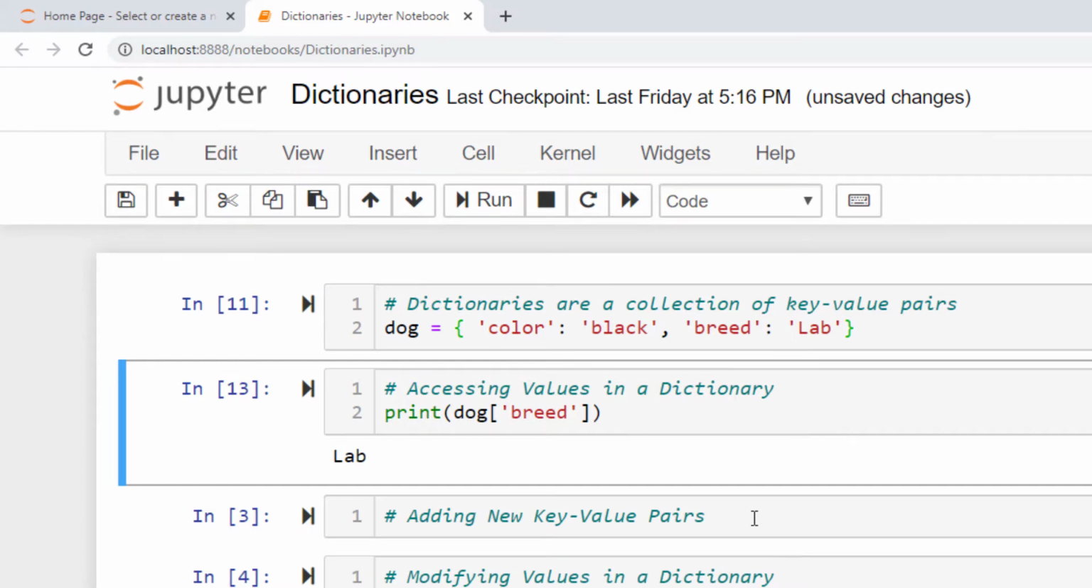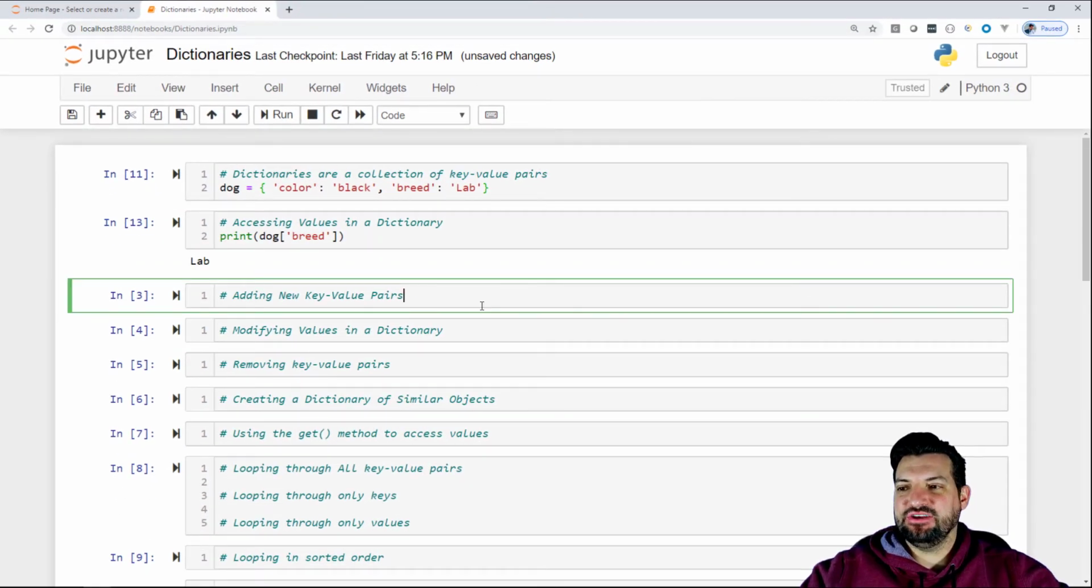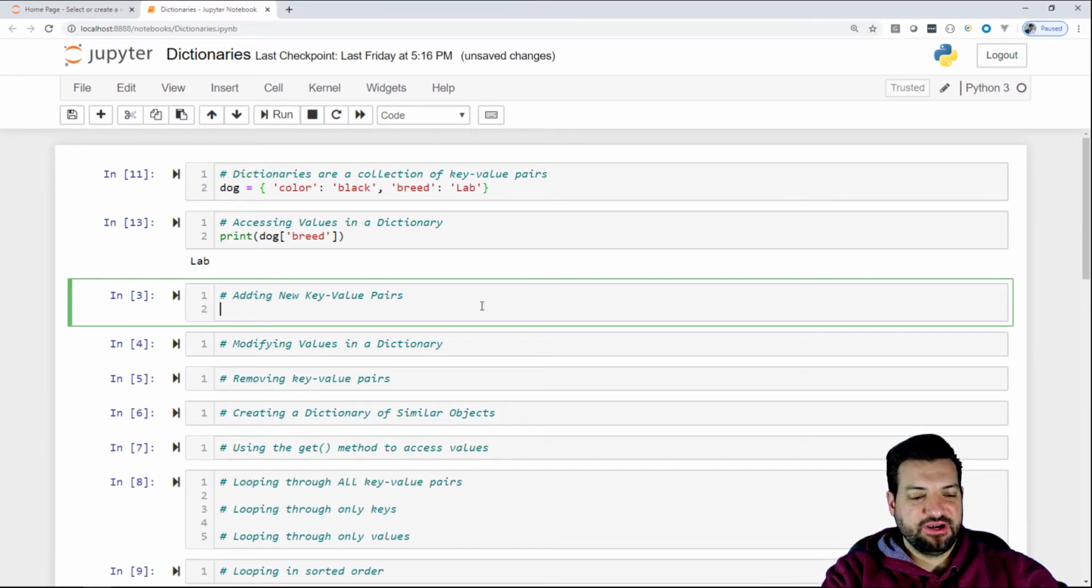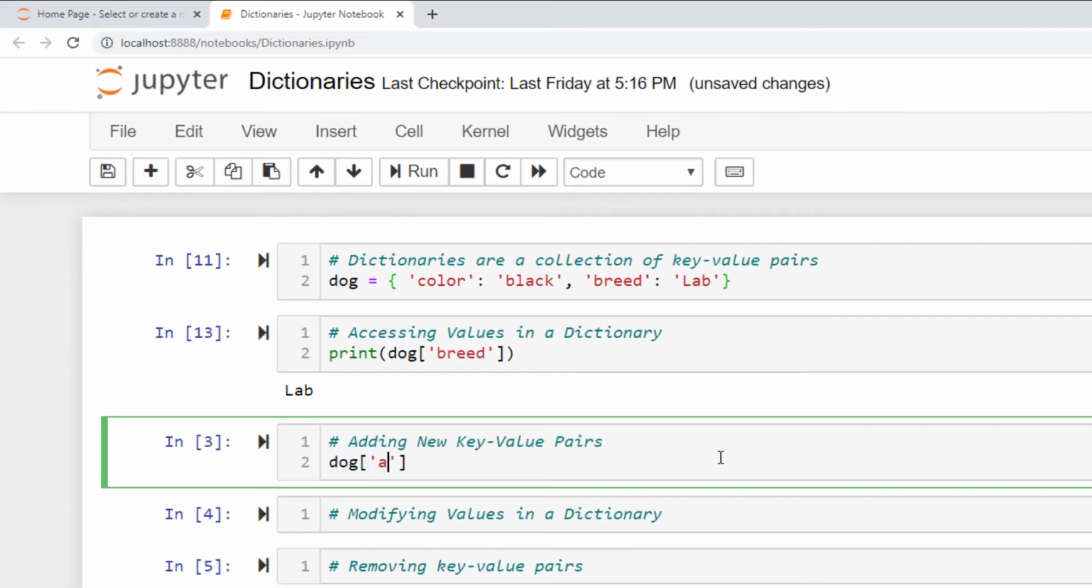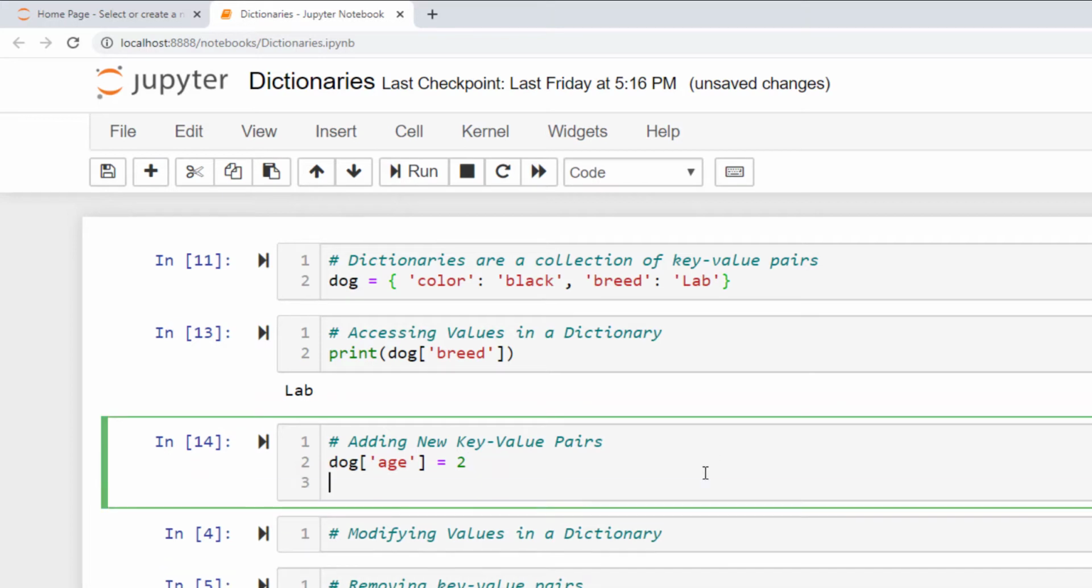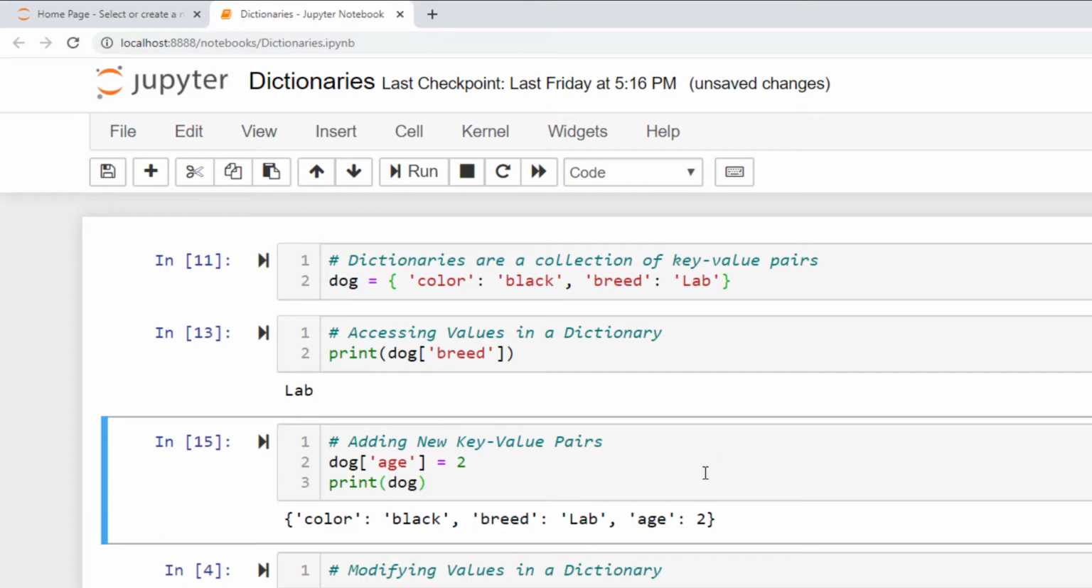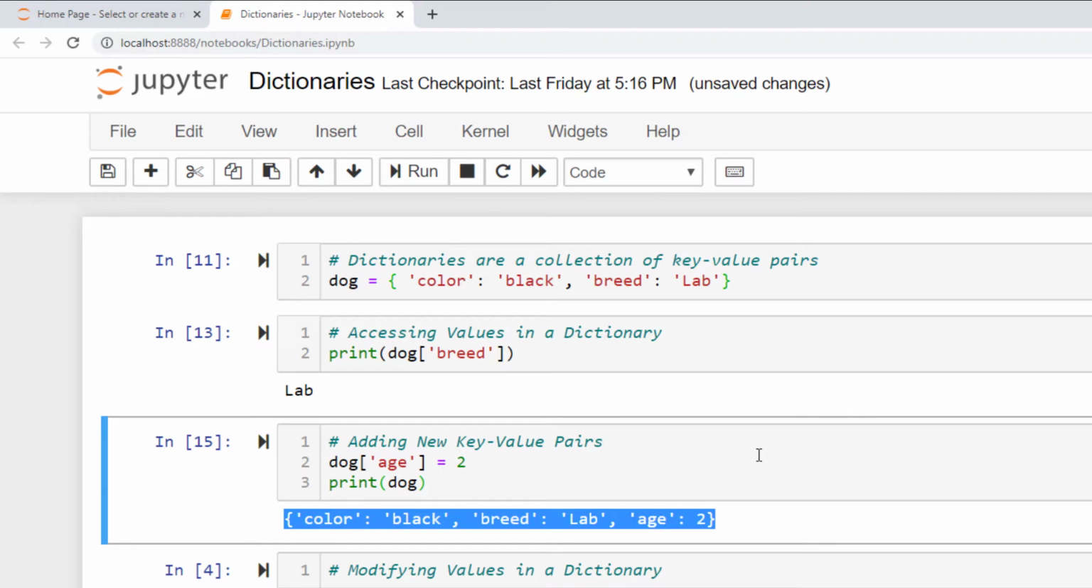All right, so moving on. How do we add new key value pairs to our variable dog? Very easily again. Just like we were accessing values, we can say dog, age, equals, and this dog is 2 years old. We hit enter. So now if I print dog, you'll see here is our new dictionary. We have a dog that's black, its breed is a lab, and